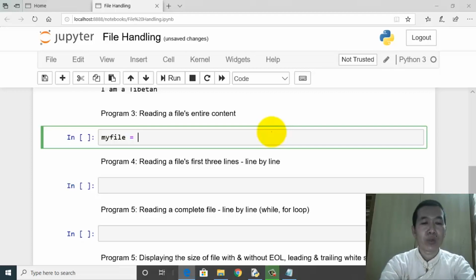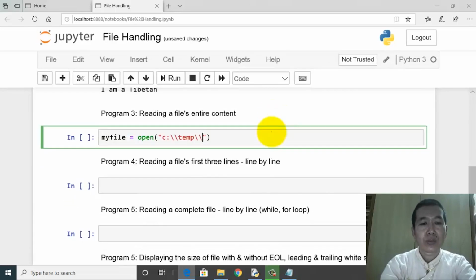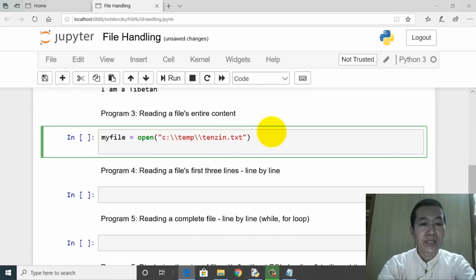So myfile equals open function, and then you have the C:/ temp/ followed by Tenzin.jpg, str.txt. There you go. And then str equals myfile.read.